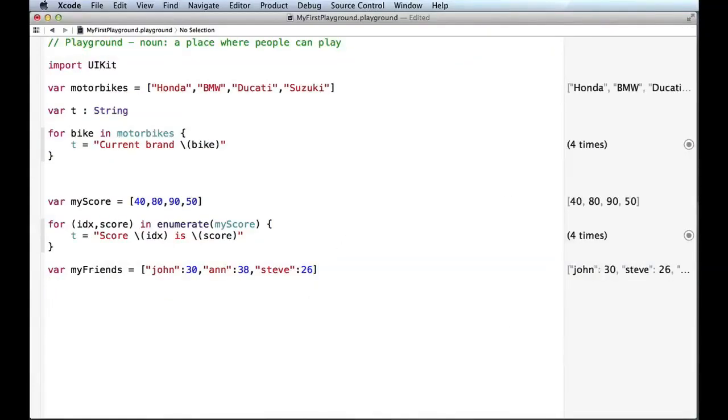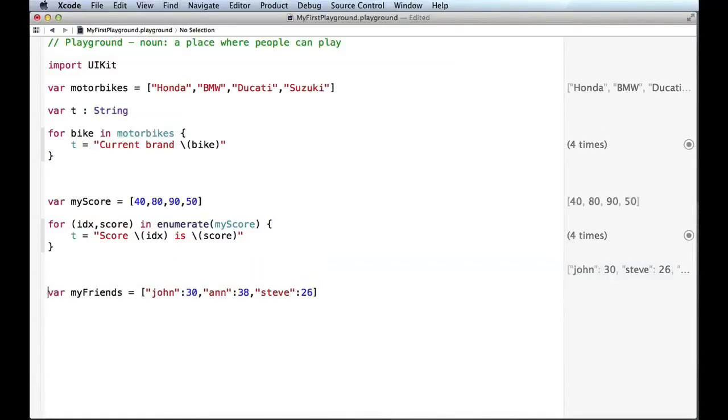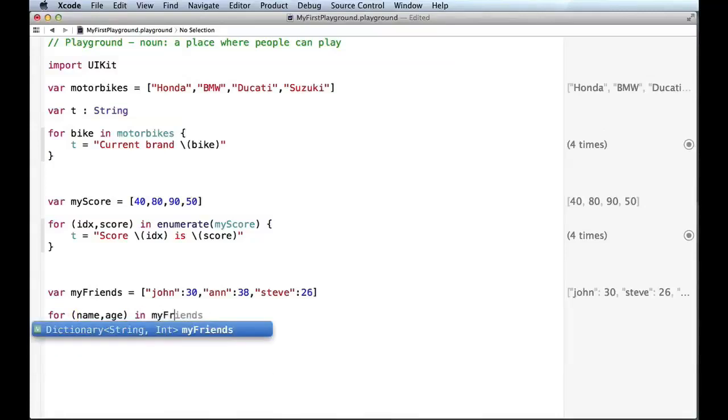And as we said before, with dictionaries, I go straight ahead and use a tuple, meaning I'm going to use the key and the value as a tuple in my friends. So this is going to consider in turn every tuple, meaning couple of key values,